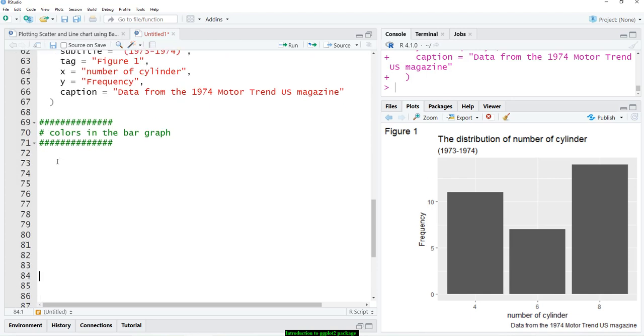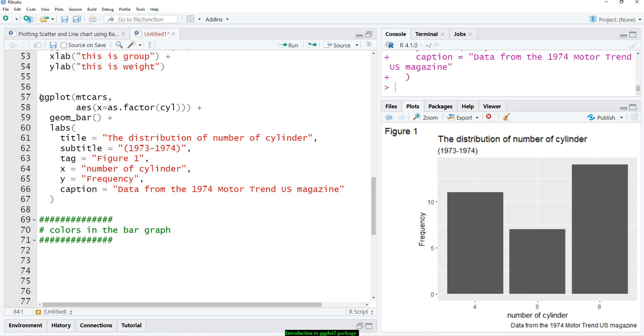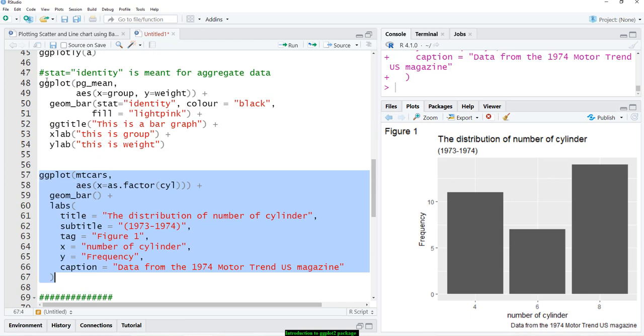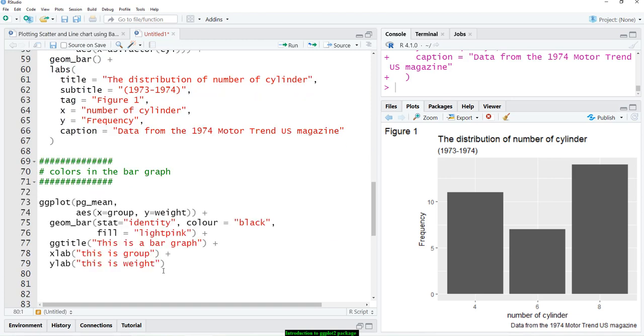Right, so let's say I take one bar, this one. The same thing. If I want to add colors, I can use scale